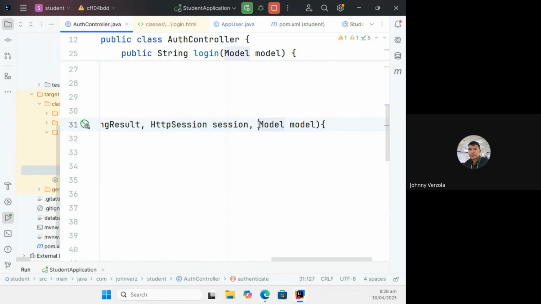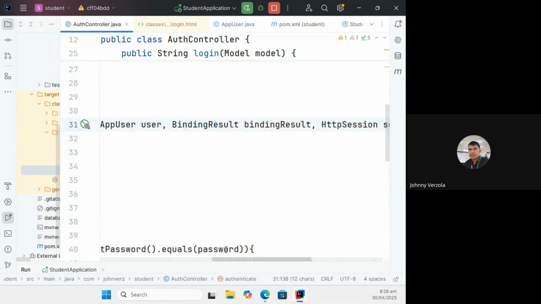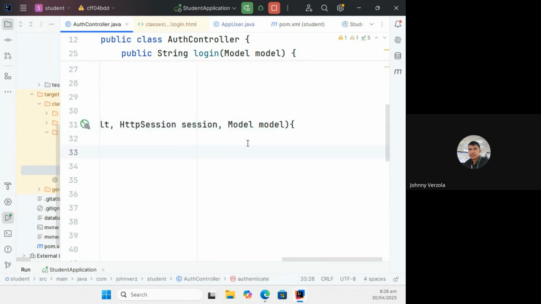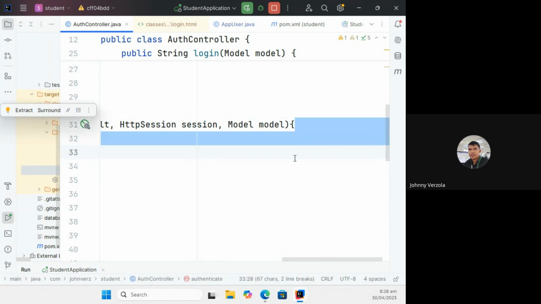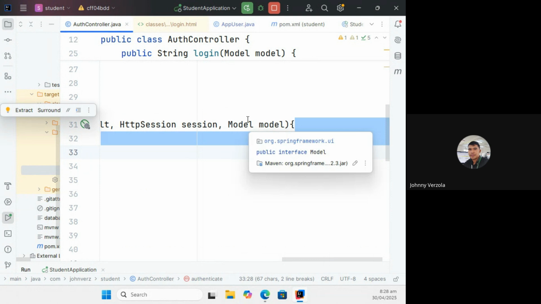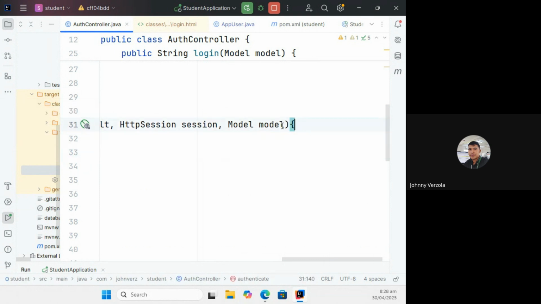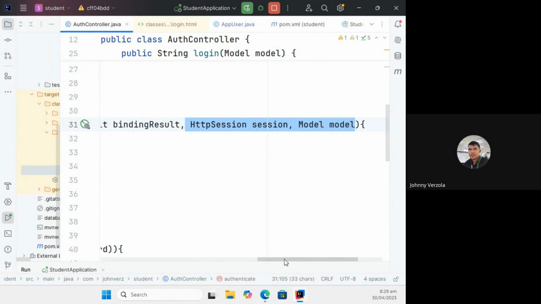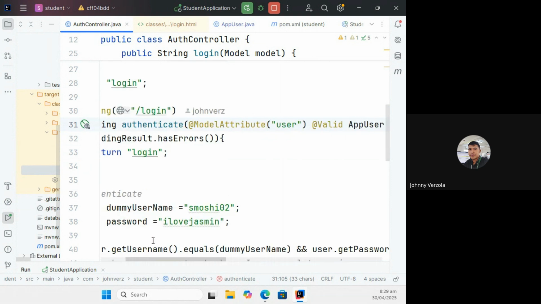And then we also have the model. This is basically used for transporting data from this method going to the HTML. Those are dependency injection. Whatever you need in this scope, what is scope again? It is a region bounded by a pair of curly braces, which typically appears in methods or classes or if. In this scope, if you need an object to perform any logic or any process, you just have to inject them in here.